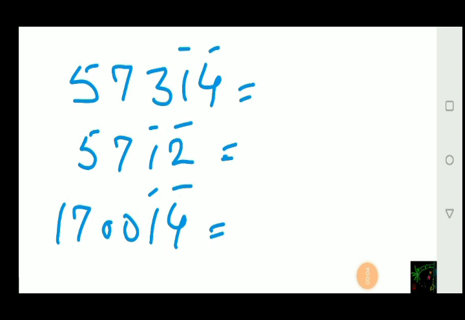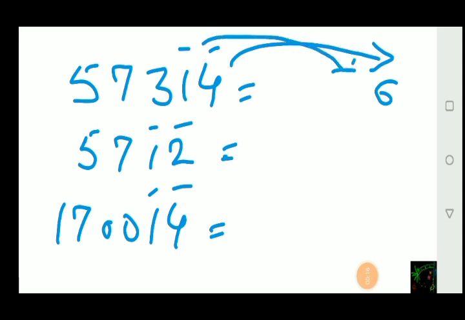Here it is vinculum at 1 and 4. These two numbers. So use all from 9 and last from 10. 10 minus 4, 6. Then 1. 9 minus 1, 8. The remaining number is 570. Yes, what it is 573 and we will be getting 572. So this number is devinculated.